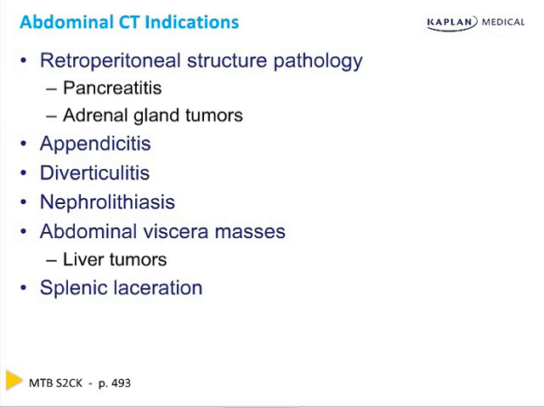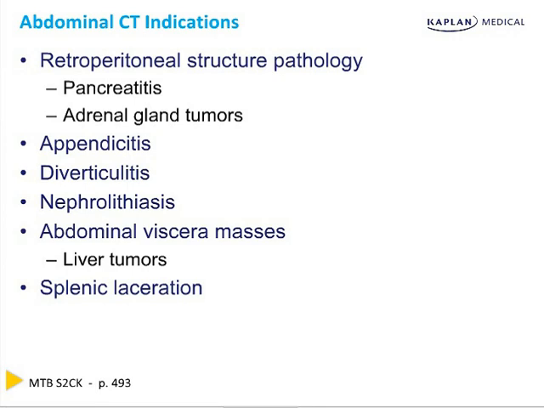So on your exam, if you come across a patient who has experienced trauma and is now complaining of pain in the left upper quadrant and left shoulder pain, order a stat CT to make sure the patient doesn't have a significant splenic bleed. Before we discuss the appearance of a normal CT scan and then look at some of